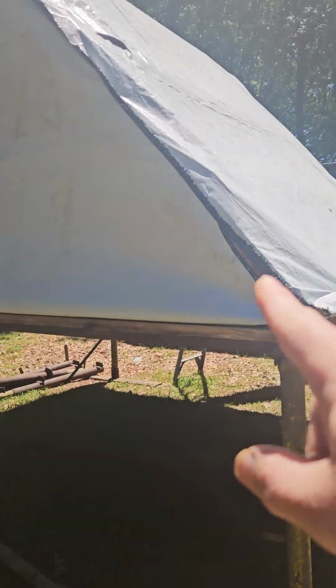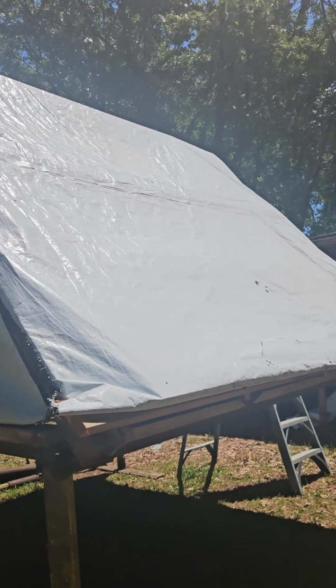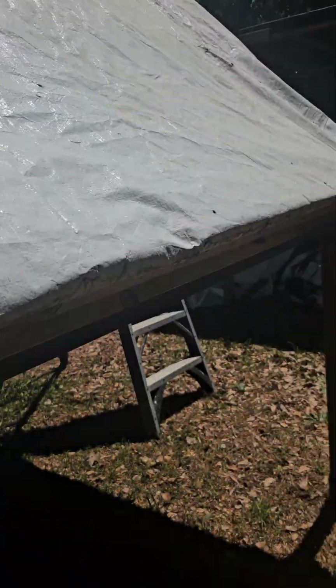Now I did add all this. This is actually corn pile tarp that we put over the corn pile, which works. It's not really fabric. It's like a rubberized fabric. Works really well to keep the corn dry while it's in the pile. And since I've done this